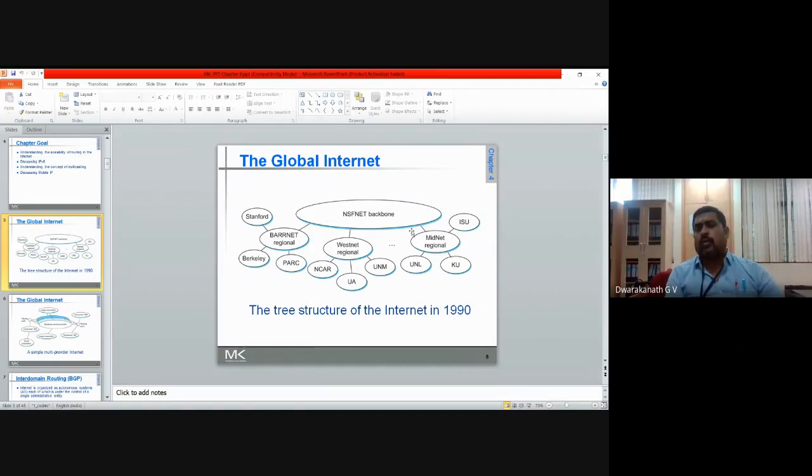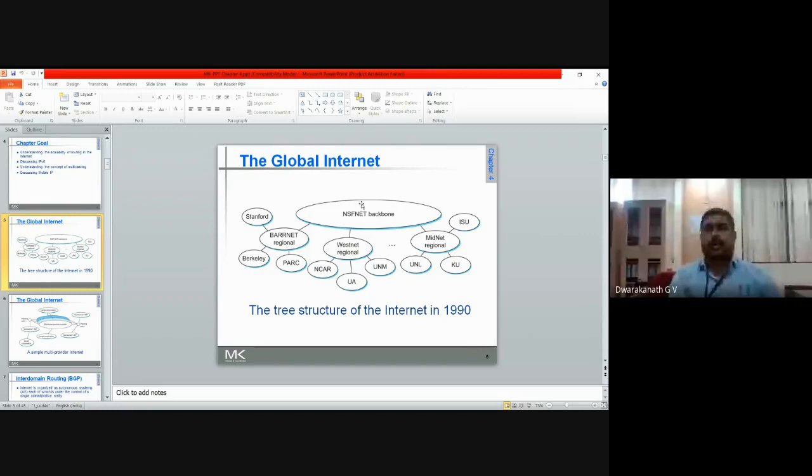Coming to India now. In our India, how will things be taken into consideration? In India, VSNL is there. What is this? Videsh Sanchar Nigam Limited. That Videsh Sanchar Nigam Limited is a branch company of BSNL, Bharatiya Sanchar Nigam Limited. It is meant for the internet, so that is the backbone for the Indian network.